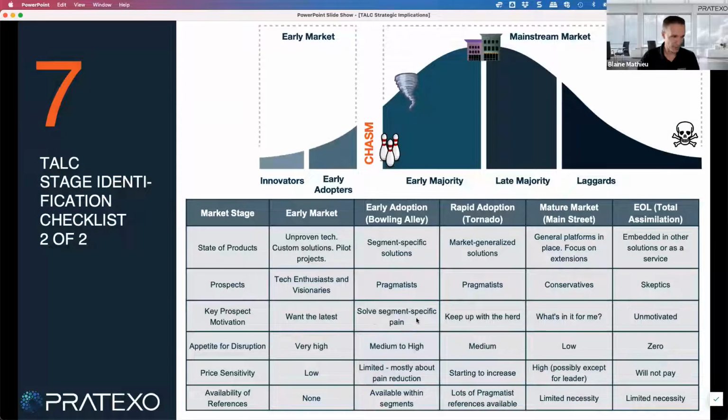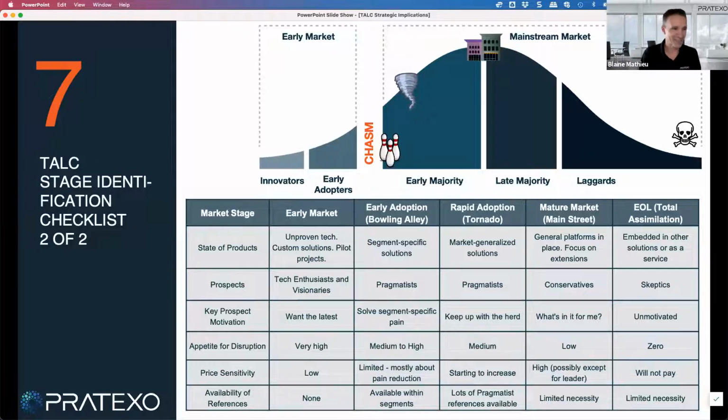They want to solve their particular pain, whereas the early adopters, their motivation is that they always want to use the latest and greatest, right? They're not really into pain solving. They just want to be on the leading edge. So the reason this table is important is, again, I'm going to get your group back together again,